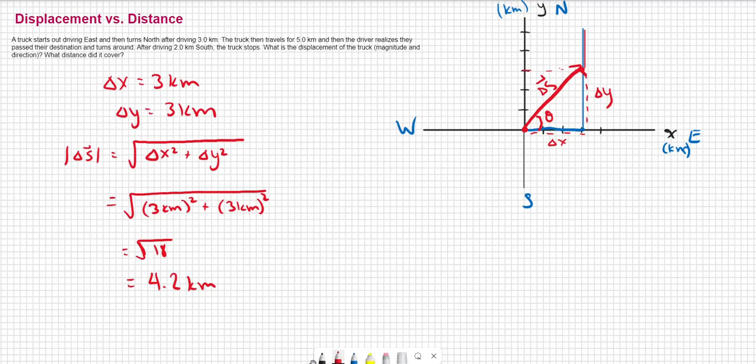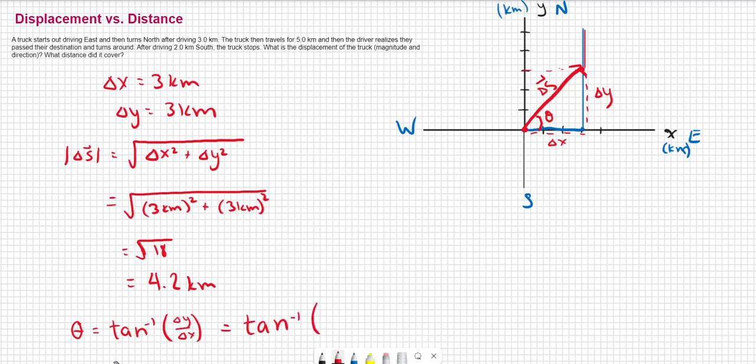But we'll say the angle here is equal to the inverse tangent of the y component over the x component. So delta y over delta x. And that's just because delta y over delta x equals the tangent of the angle. So when we're solving for the angle, we use the inverse tangent. Okay, so plugging in